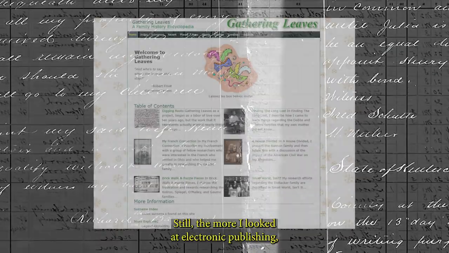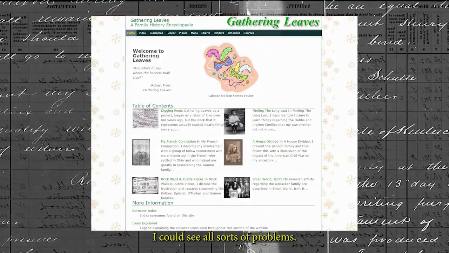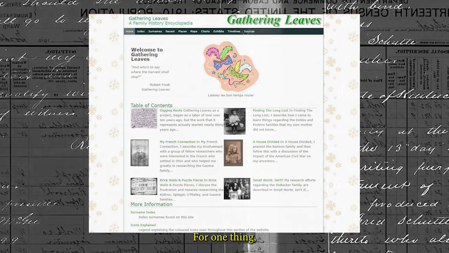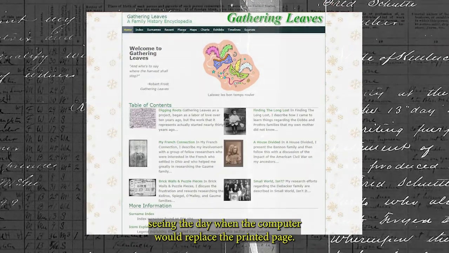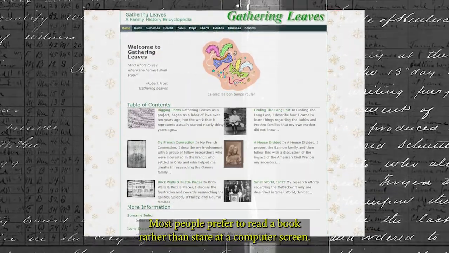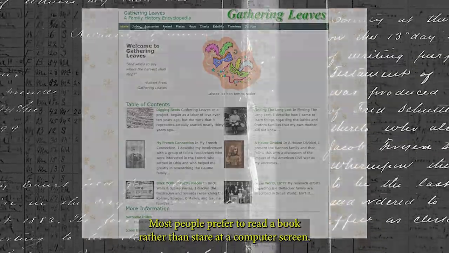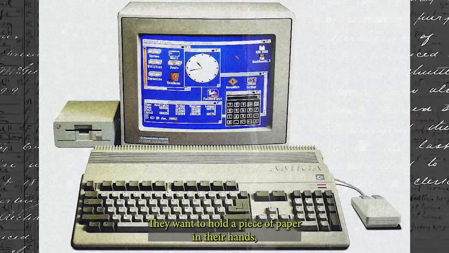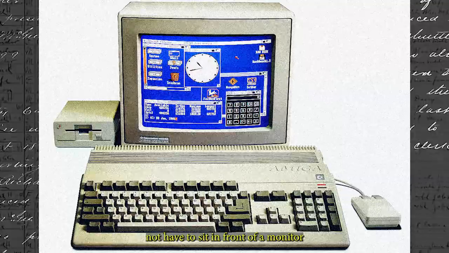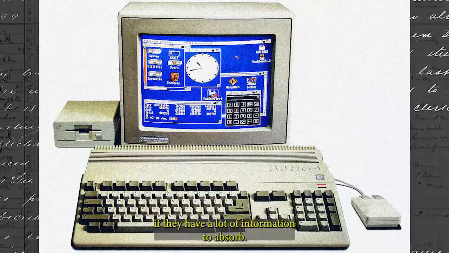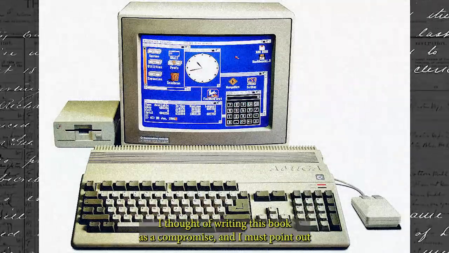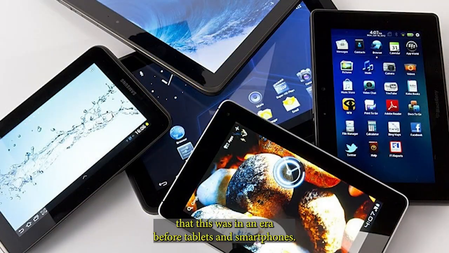Still, the more I looked at electronic publishing, I could see all sorts of problems. For one thing, I was having trouble seeing the day when the computer would replace the printed page. Most people prefer to read a book rather than stare at a computer screen. They want to hold a piece of paper in their hands, not have to sit in front of a monitor if they have a lot of information to absorb. I thought of writing this book as a compromise, and I must point out that this was in an era